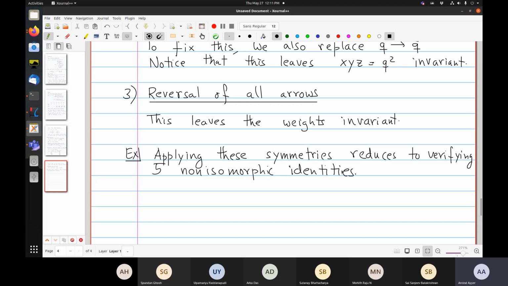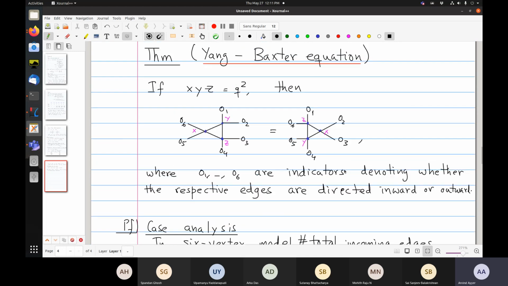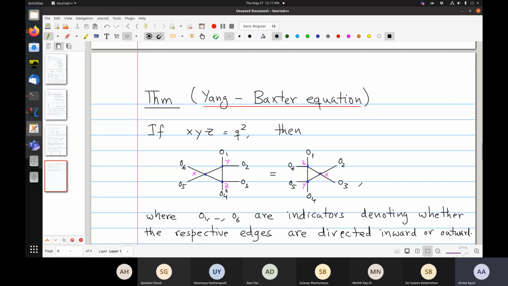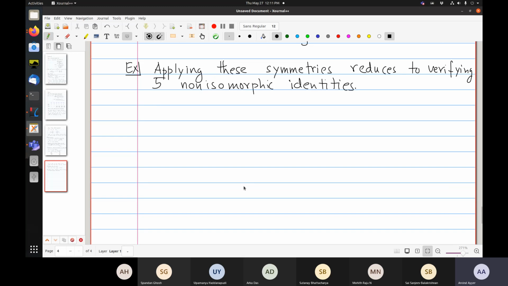Okay, so if for example these three are incoming and these three are outgoing, then these three outgoing, these three incoming works, and then you rotate and you do all those things. You can use ideas from group theory, group actions to do this, for example, or you can just do case by case. Okay, so let us check 5 identities. So here is where now you will see why these weights are chosen.